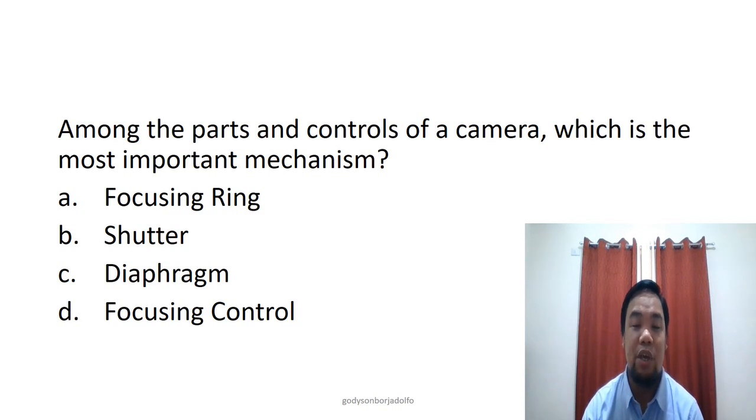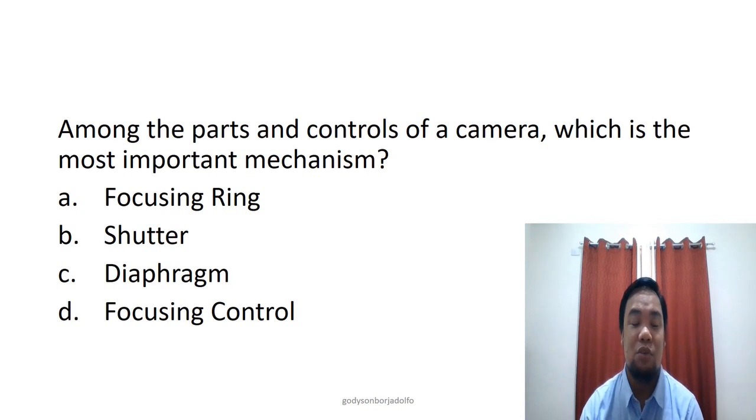But the question is looking for the most important mechanism of the camera. So focusing ring, actually that is a mechanism. A focusing ring allows the photographer to set the camera in focus. Second is the shutter. Shutter is, of course, a part actually, and it is just controlled by the shutter release